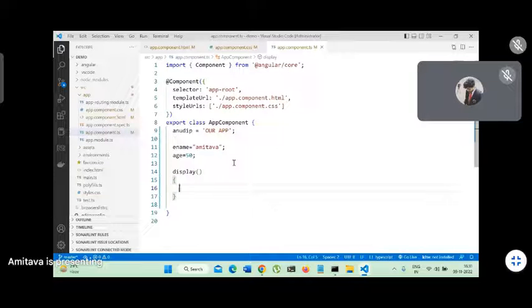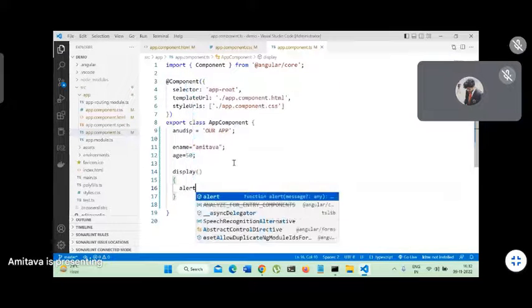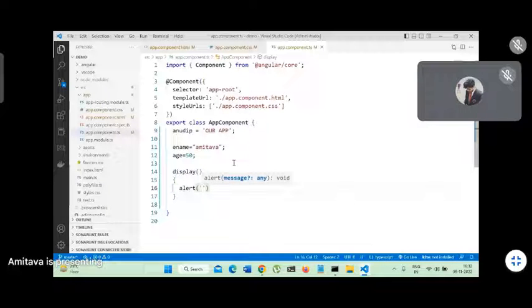ठीक है, अब हम क्या करेंगे? Now whenever you call the function, it will print some message in alert box. अलर्ट बॉक्स होता है जावास्क्रिप्ट में, तो आपने पढ़े होंगे. तो ये हो गया आपका अलर्ट फंक्शन जावास्क्रिप्ट वाला. तो यहाँ पे हम लिखते हैं, कोई मैसेज देते हैं, वेलकम